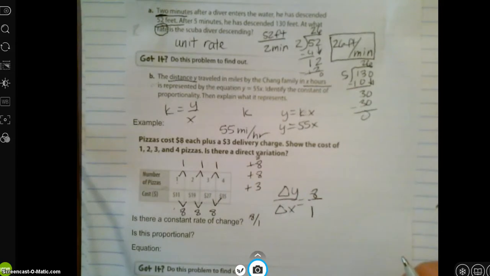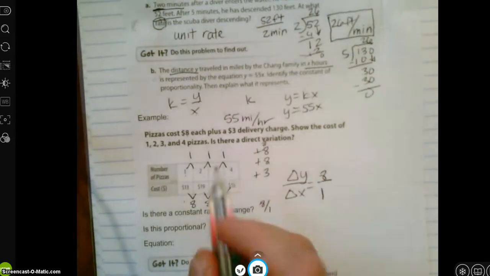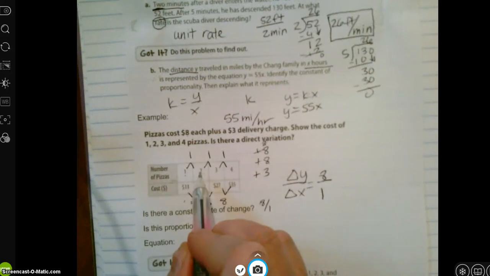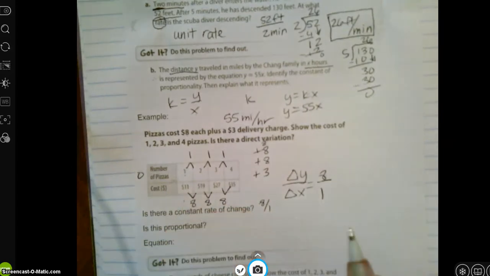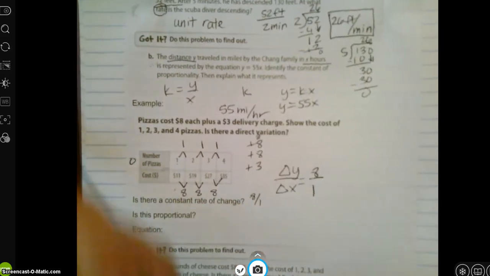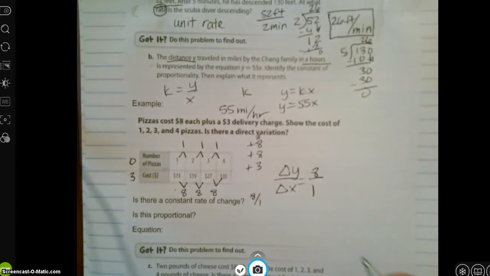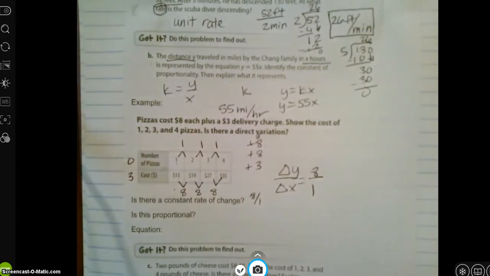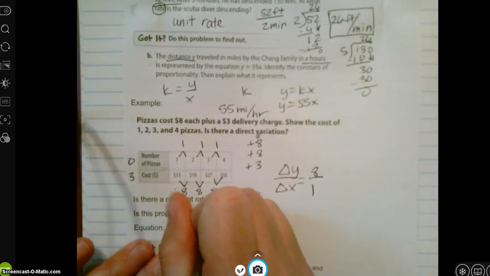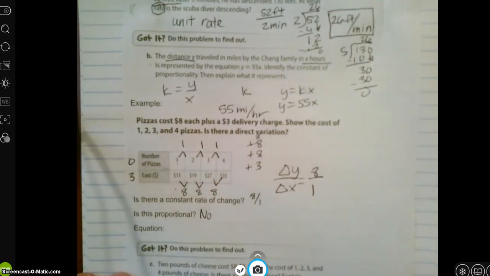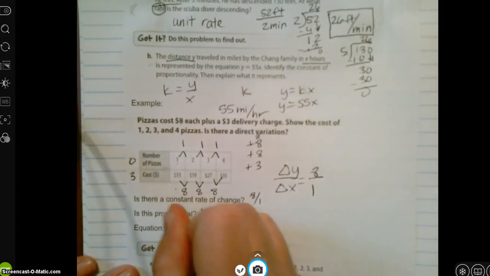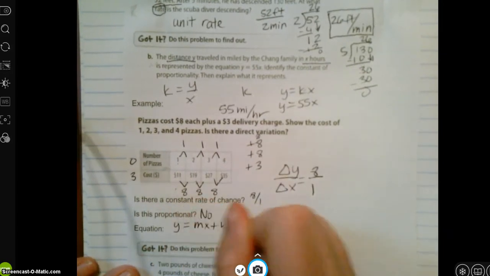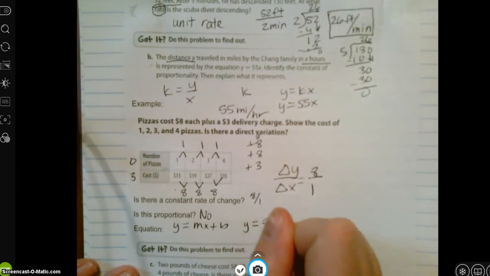And then it says, is it proportional? So let's take it back. 4, 3, 2, 1, 0. Each time that I go back, I'm subtracting 8. So what's 11 minus 8? And that would be 3, right? So, is this proportional? No. It does not go through 0, 0. I wish I had time to write that, but I don't. So our equation is actually going to be y equals mx plus b. Y equals 8x plus